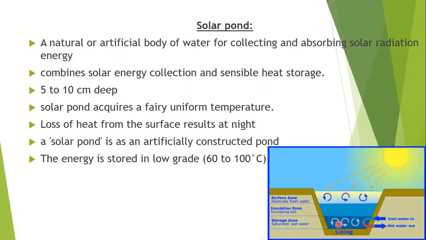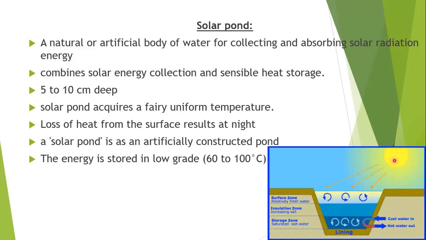So we cannot attain high temperatures here because of natural convection currents, which are set into motion as soon as the heat is absorbed at the bottom. Due to the motion of convection currents, we can attain only smaller temperatures, up to a few degrees. If you take a deeper pond, we can also have temperature variations. So whether shallow or deeper ponds, temperature variations will definitely exist.